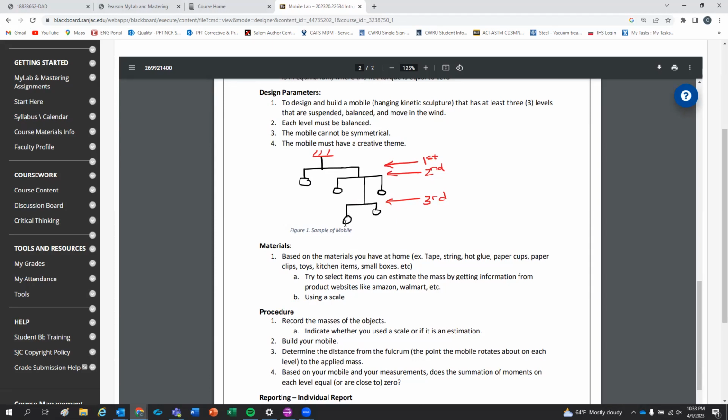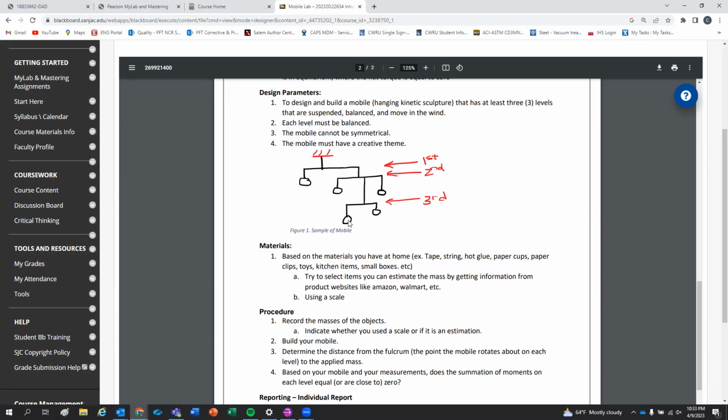So this object must weigh a little bit more than this one because the distance between the axis here and here is a little greater. So you just have to keep basically reiterating that formula, solving the distance from the object depending on what weight you make this object. So you're going to have to play with it a little bit in your experiment, but the point of this lab is to see,